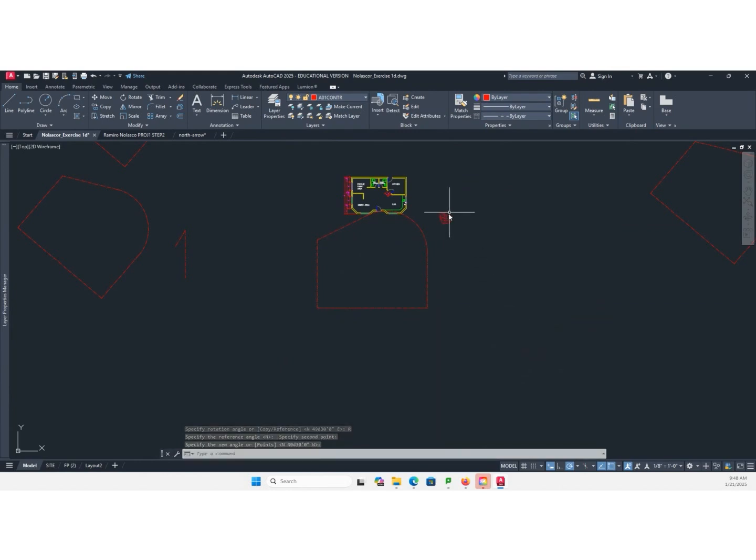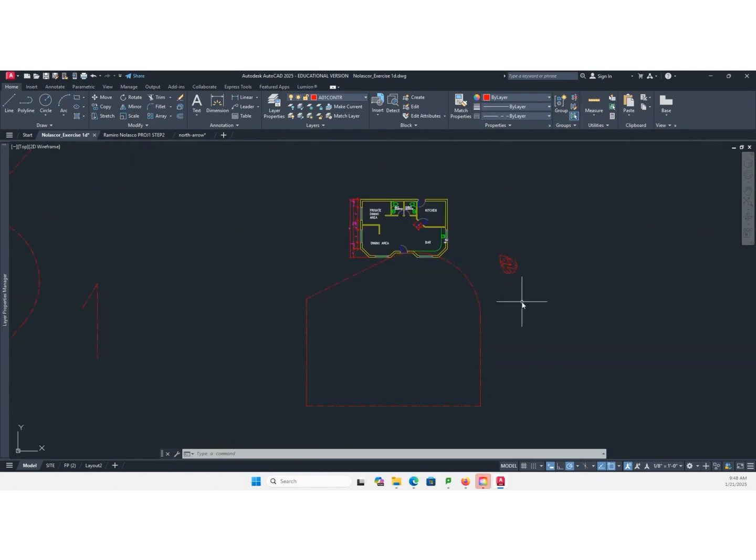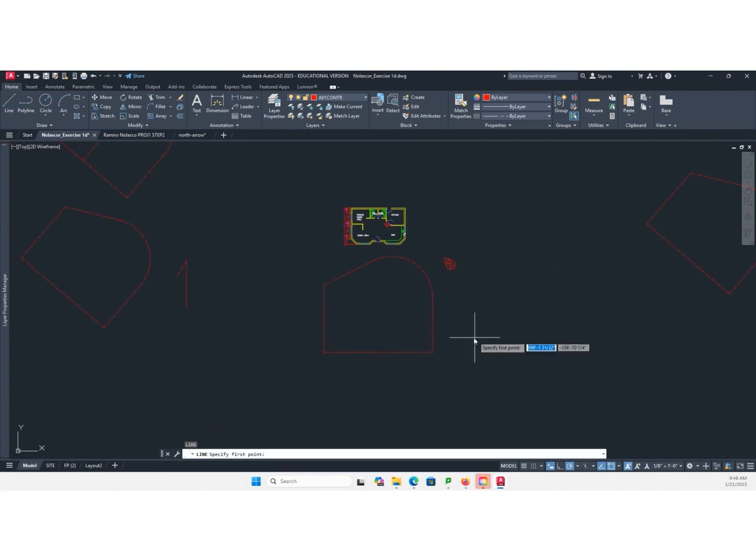Now, this is your true north when it was still pointing upward. So that's true north. Let's move this somewhere here. And then let's say, draw a line upward.